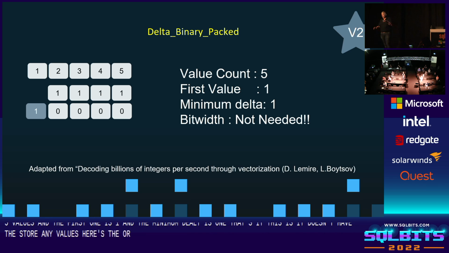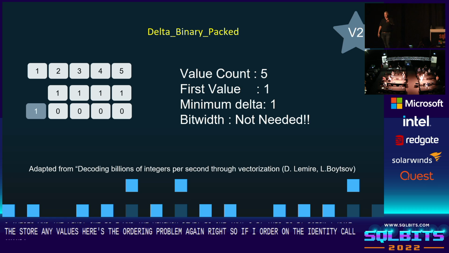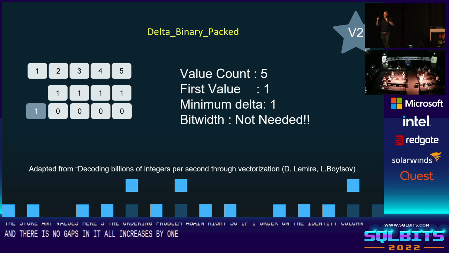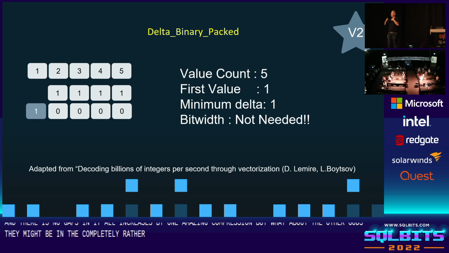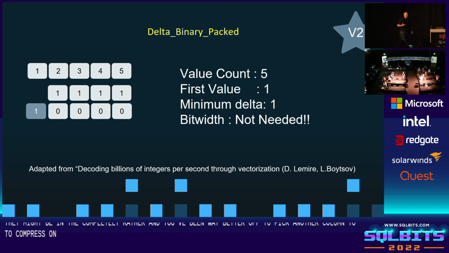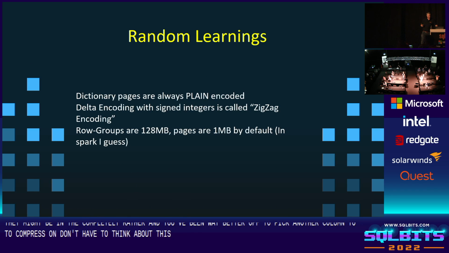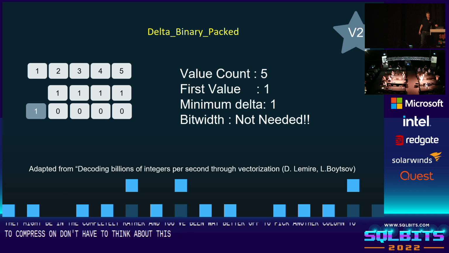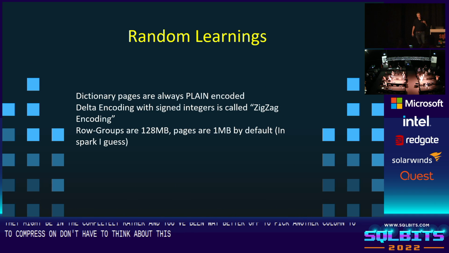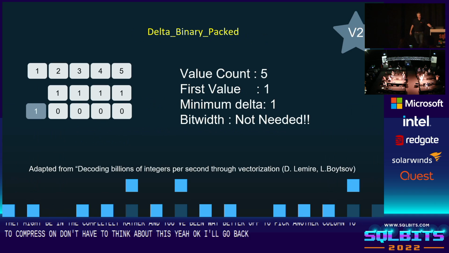Here's the ordering problem again, right? So if I order on the identity column, and there's no gaps, and it all increases by 1, amazing compression, but what about the other columns? Right? They might be in the completely wrong order, and you'd be way better off to pick another column to compress on. Luckily, we don't have to think about this. Yeah, okay, we'll go back here. Luckily, we don't have to think about this because I've looked at